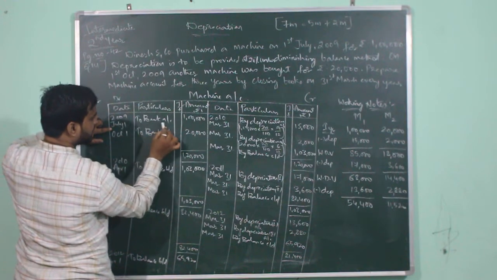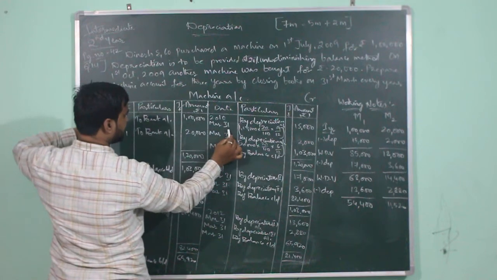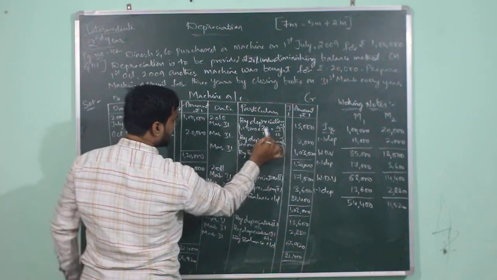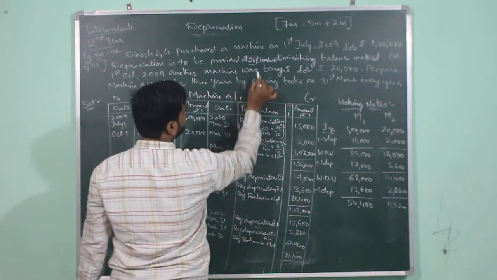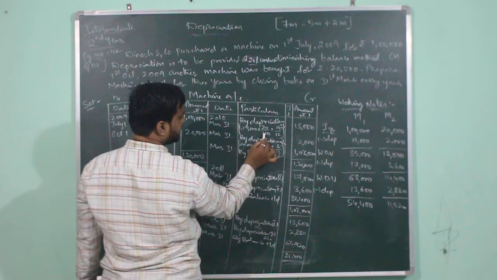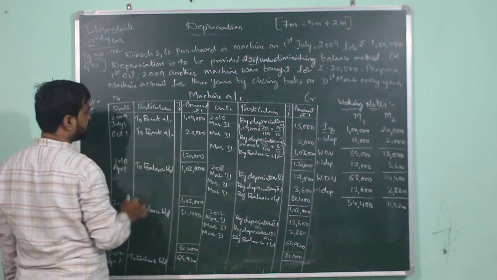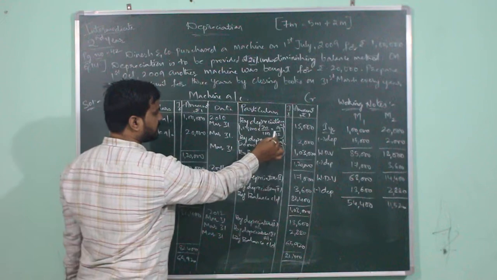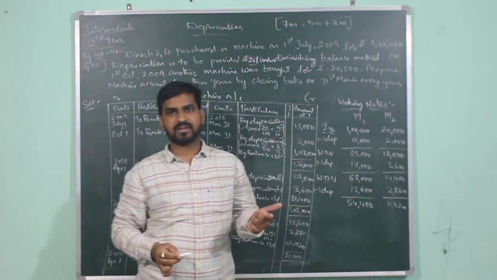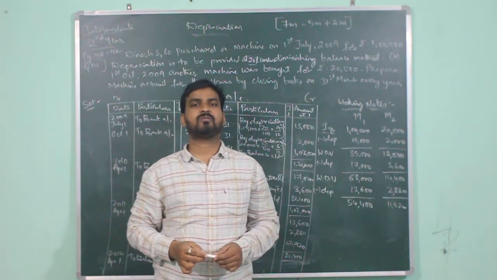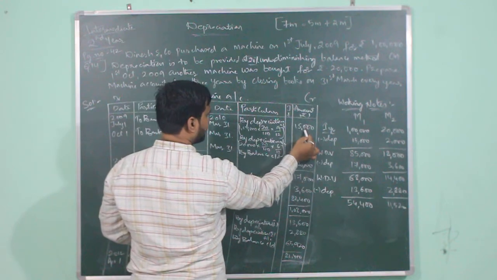It will be recorded as to bank account 1 lakh rupees, and this financial year will be ending on 2010 31st March, which will be recorded as by depreciation account. And for this 1 lakh they are required to provide depreciation at the rate of 20%. So 1 lakh into 20 divided by 100, it will be 20,000, but the calculation will be from July 1st to March 31st. So the calculation will be only for 9 months: July, August, September, October, November, December, January, February, March. So we are writing here as into 9 by 12, which works out to be 15,000.